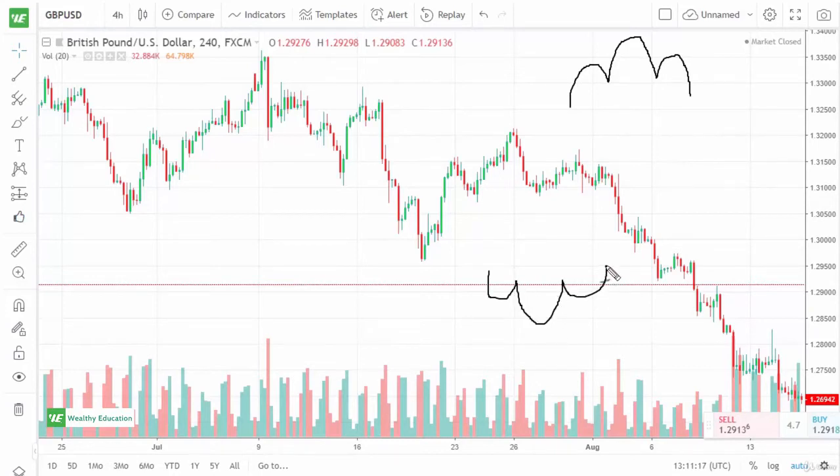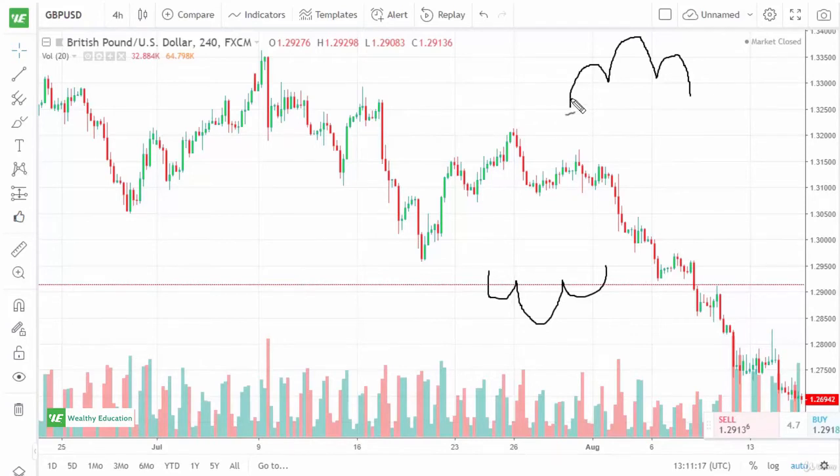The first thing I would say is there is an inverse and a standard pattern. The head and shoulders is actually a negative pattern. It's a bearish pattern. The inverse, of course, is just the exact opposite. It's bullish. A head and shoulders